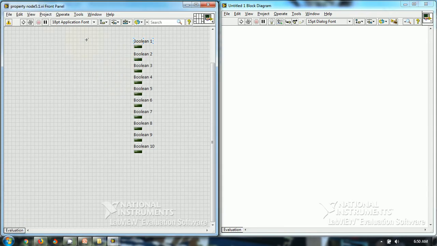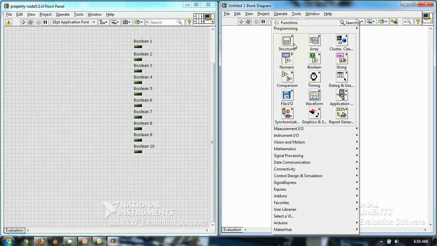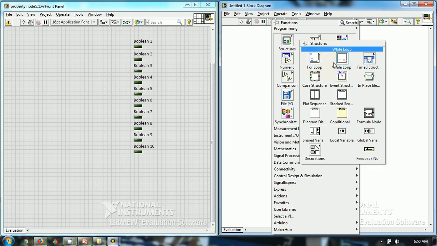So I have made these booleans. They should light up first. Firstly, I'll be teaching how to make the booleans light up. So one by one they will be lighting up. So you would be thinking that I would be using a sequential structure